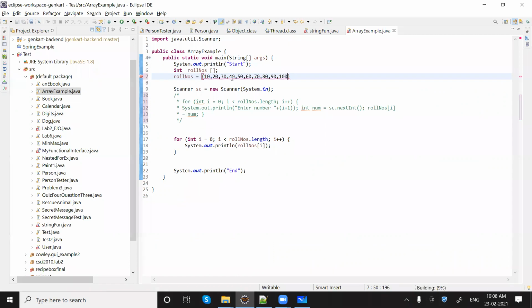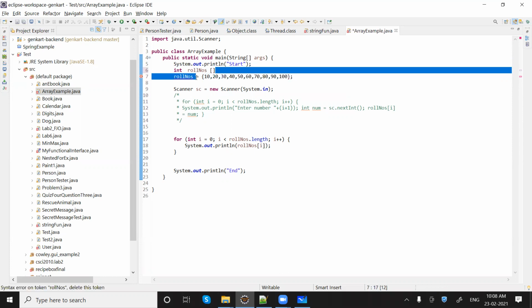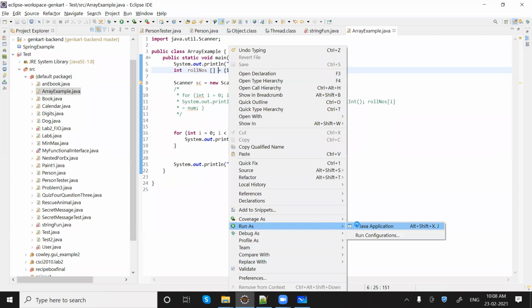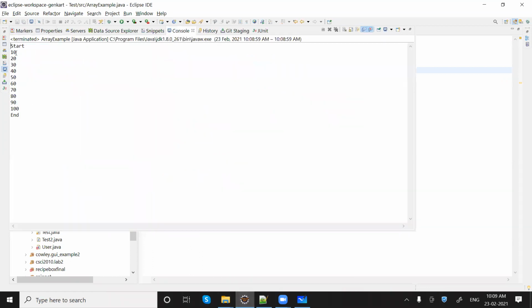So I have 10 values. When we are creating the array like this, we can write it here. So in this array we have 10 elements, and we are just printing all of those one by one. You can see we are getting 10 to 100 printed.